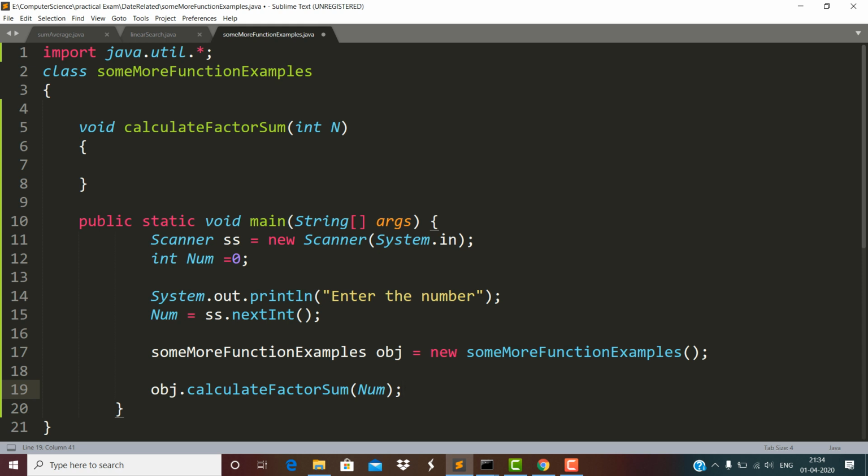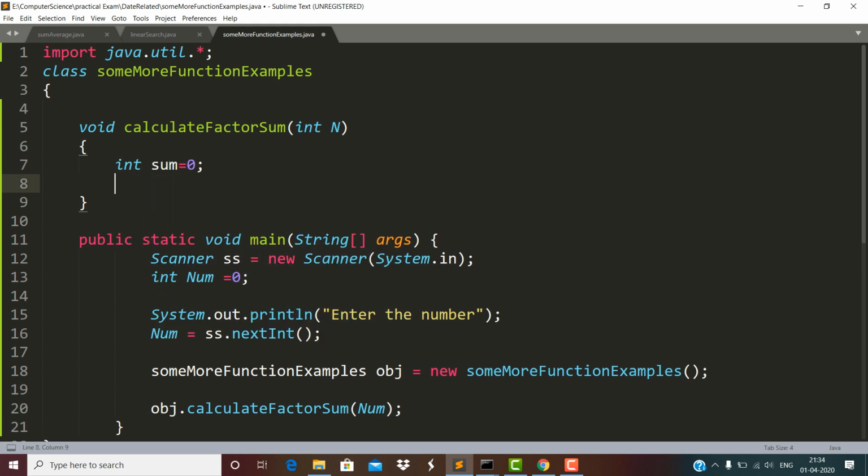Since the function is not going to return anything, means nothing will appear here, and whatever function is going to receive, everything function will do within its own body. It is not going to return anything to the calling code or within the main method. So in order to calculate the sum, we have got a variable sum,